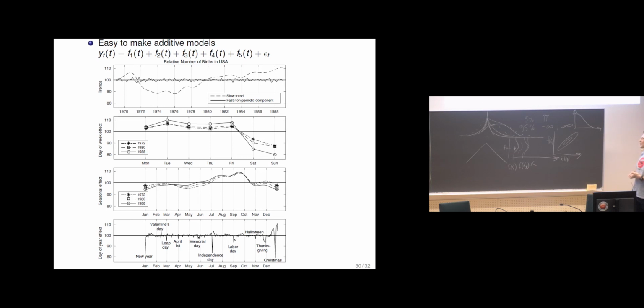The number of pairs or relative number of pairs, and then divided in components in long-term trends, weekday effect, seasonal effect, special day effects. And it's easy to make this kind of that each of these additive components has different smoothness or length scale assumptions, and some of them have periodicity,